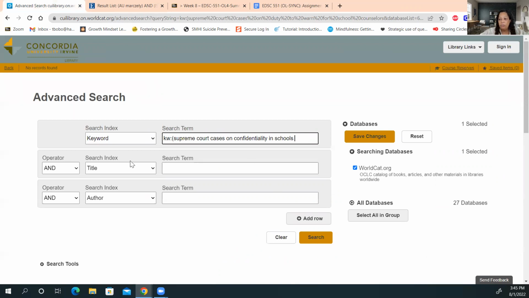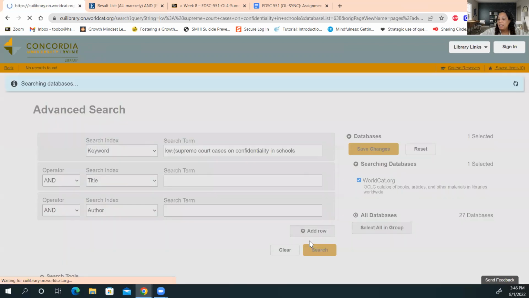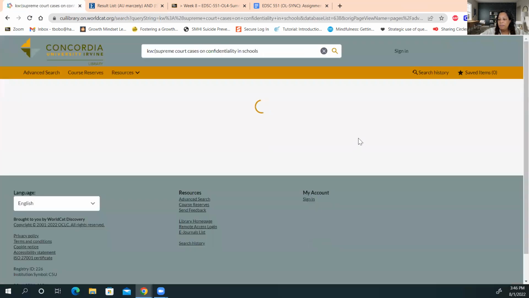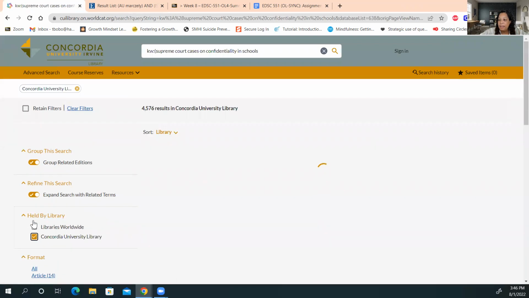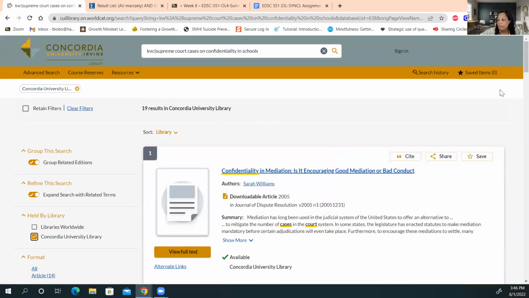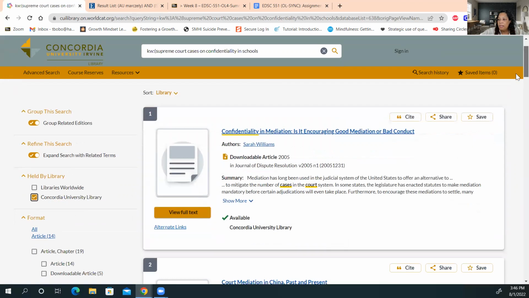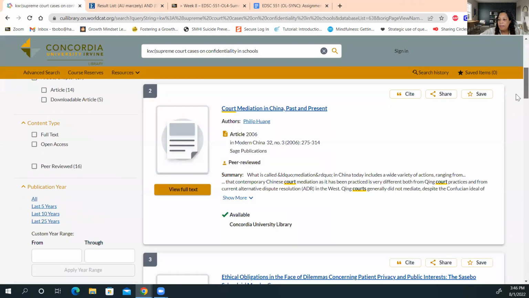So I'm going to use one of our Supreme Court cases on confidentiality in schools. Go ahead and hit the search button for that. I want Concordia libraries. There's not that many, so 19 in Concordia libraries. I also want peer reviewed. There's 16 of them.